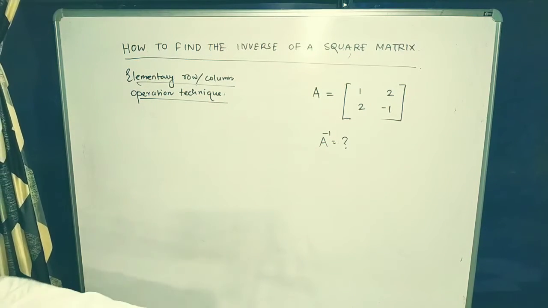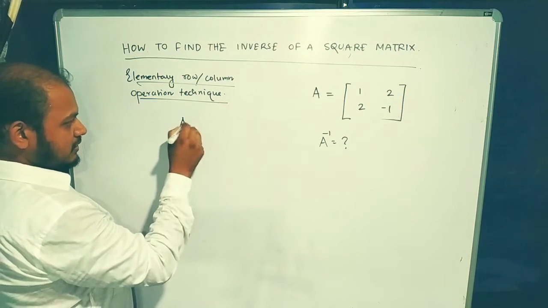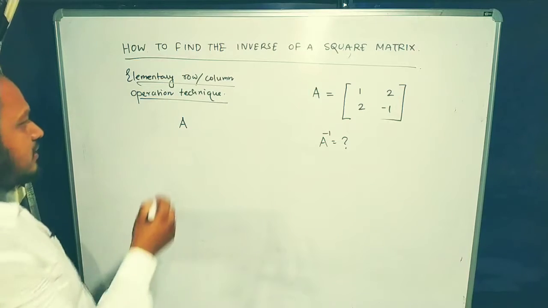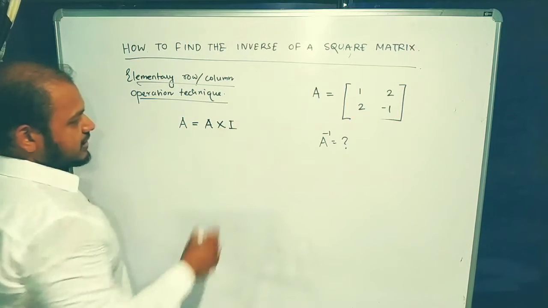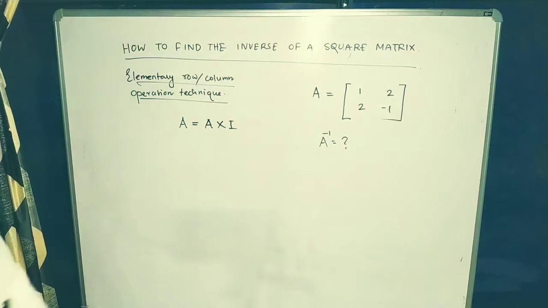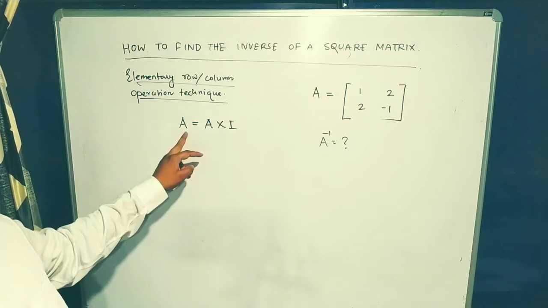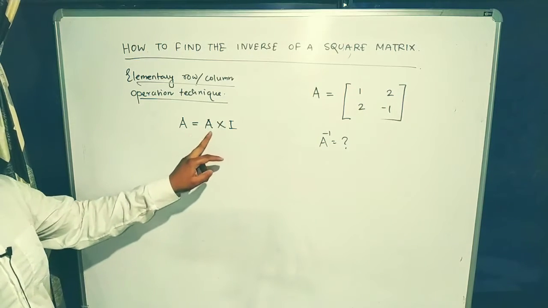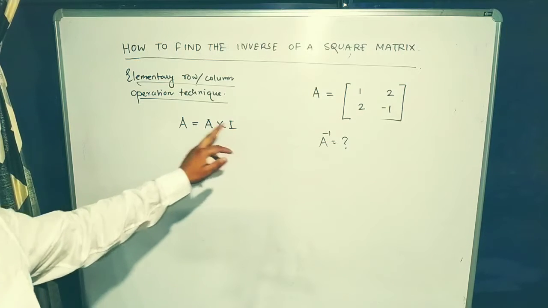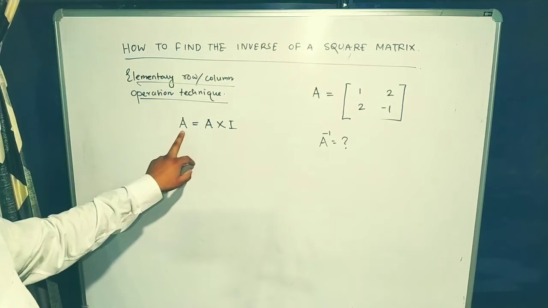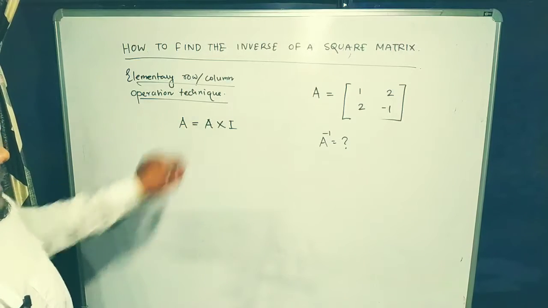Now before finding the inverse of a matrix, we have to consider this statement that, as I said previously, any matrix can be written as multiplication of that matrix with an identity matrix. This you must already know. Any matrix when multiplied with identity matrix is nothing but the same matrix A. It must be a square matrix. Any square matrix when multiplied by identity matrix is equal to the same square matrix. So utilizing this statement, I can say